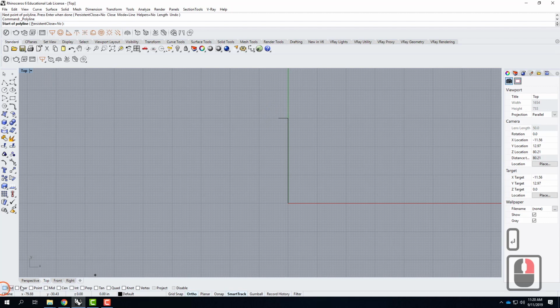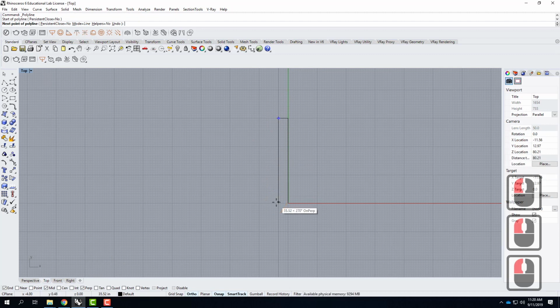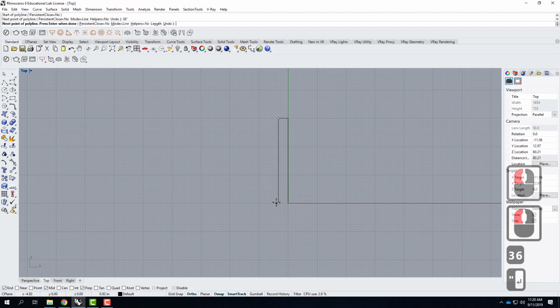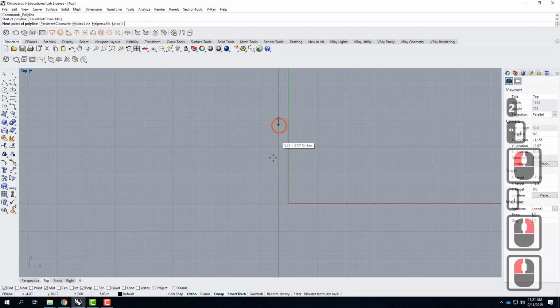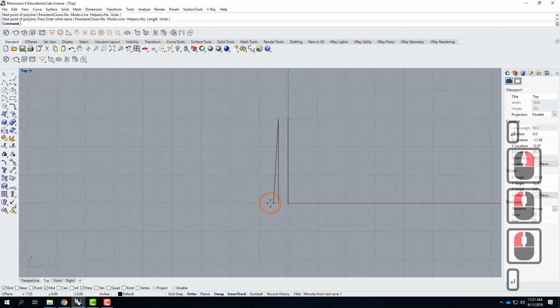Let me turn on my snaps here. I could draw down by the 36, and then I could draw over by 2 inches, and then I could come back and I could draw from here to there, and